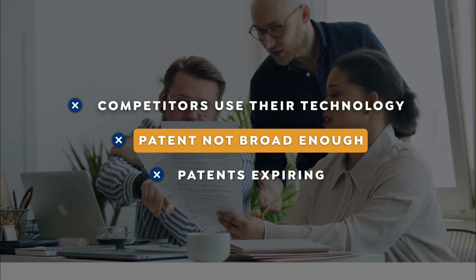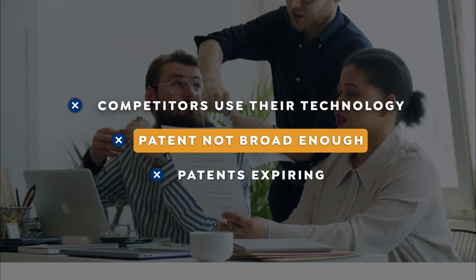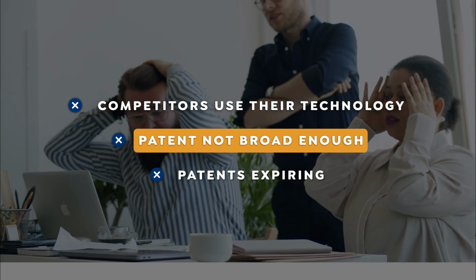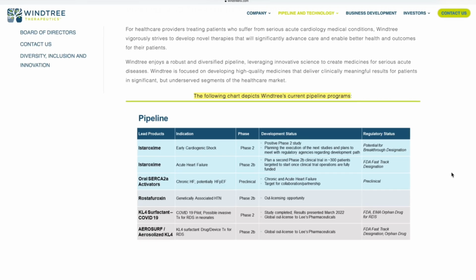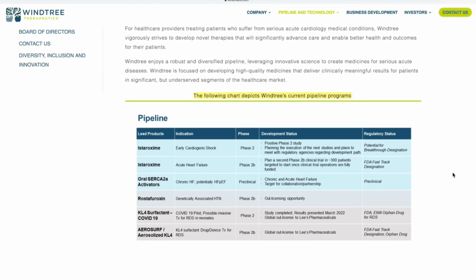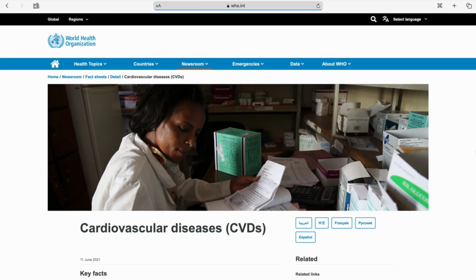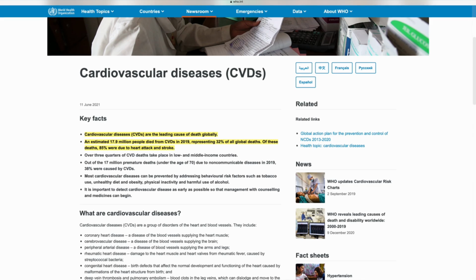Another consideration, even the patents that they already have may not be sufficiently broad enough, or they may expire, thus allowing once again others to compete with them. So on balance, assuming they succeed in obtaining regulatory approval for their drug candidates, they will have an extremely strong competitive advantage. As for value to society, they are absolutely concentrating their efforts to address genuine global health challenges in